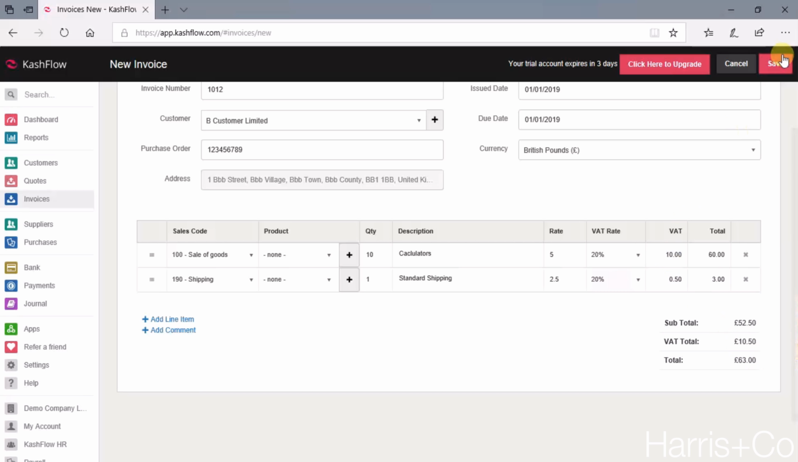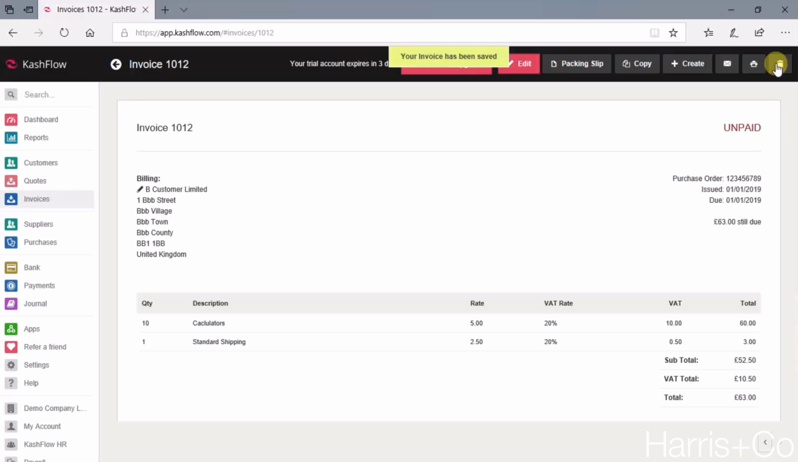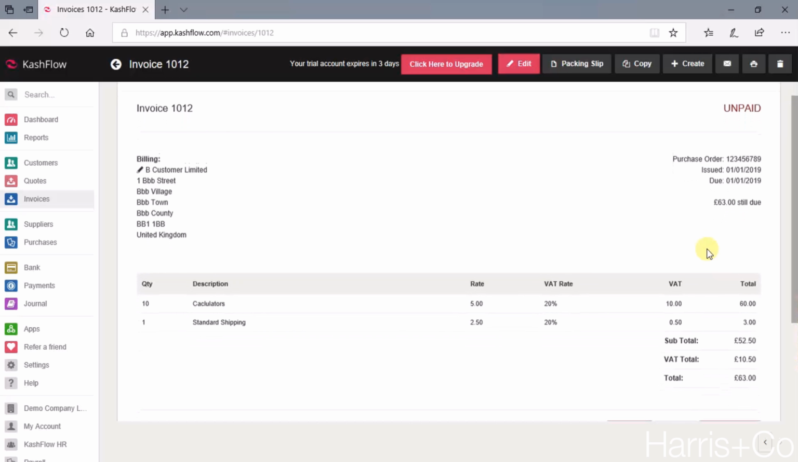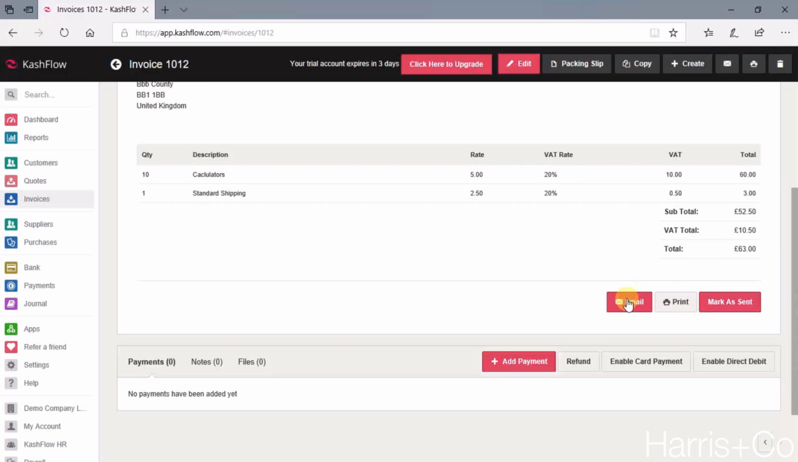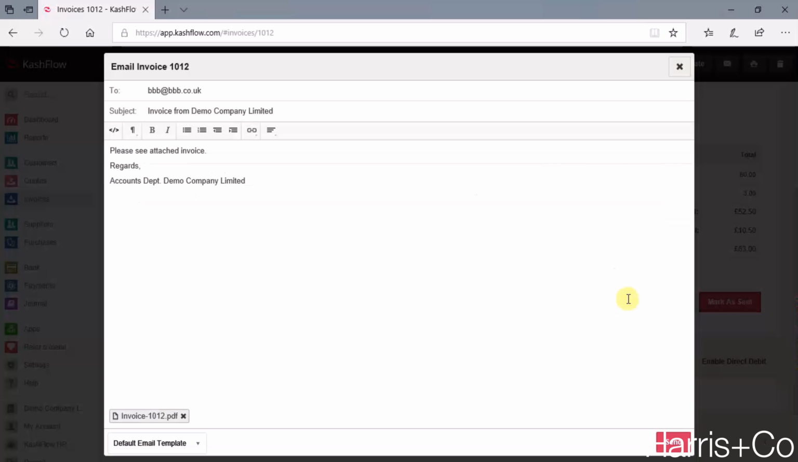All we have to do now is click Save at the top right to lock that into Kashflow. It can be edited, so don't feel like you're locking in too much. It can be edited at any time if you think something's gone wrong. But save there, and then what we want to do is actually email this off. So I can click the email button up here, or if we scroll down, I can click the email button down here. What that will do is go and find this customer's email address,